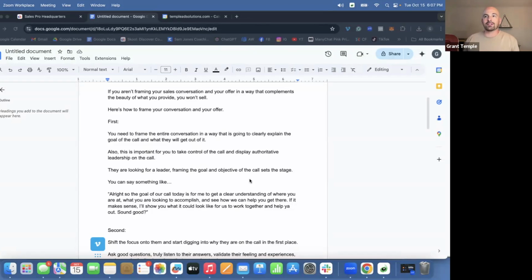And what's really good about this is that later on in the call, if you find yourself going down different paths where you're getting away from the main objective of the call, you already set the frame. You can easily rope it back in. If you're way off on a tangent and you don't know how you got there in the conversation, you're in control of the call, you set the frame, you can simply go, hey, we've got a few minutes left on our call here.